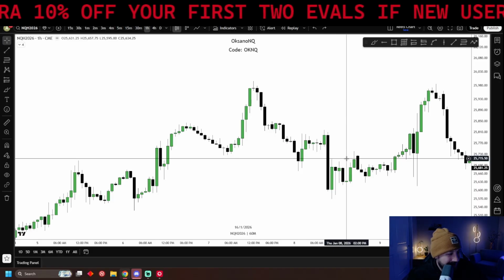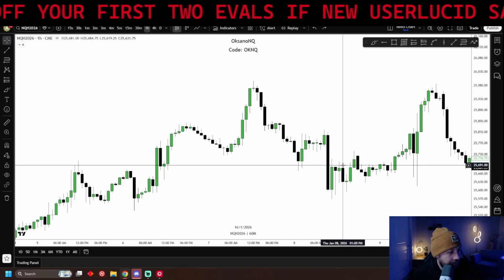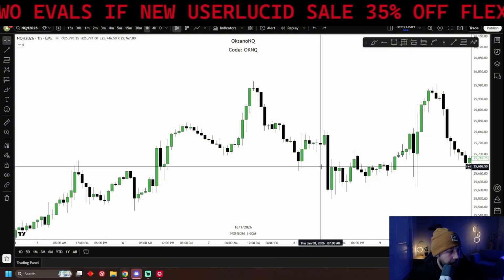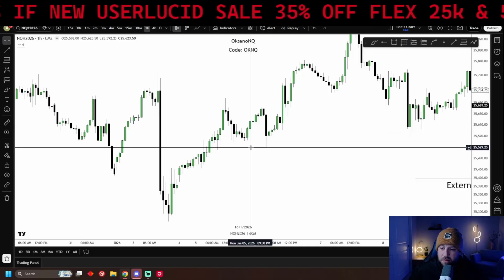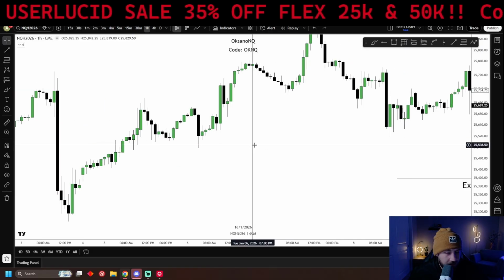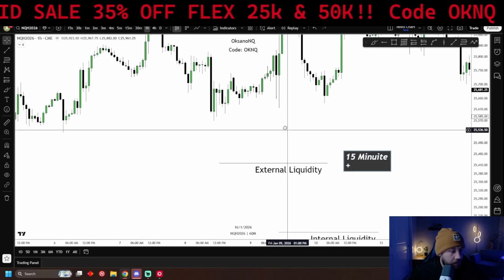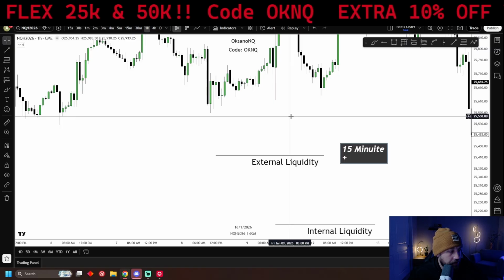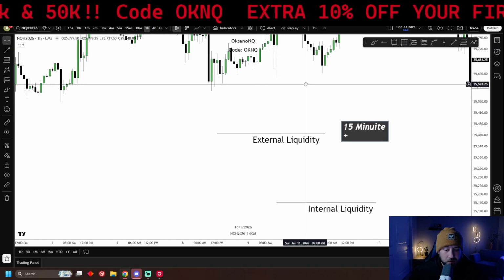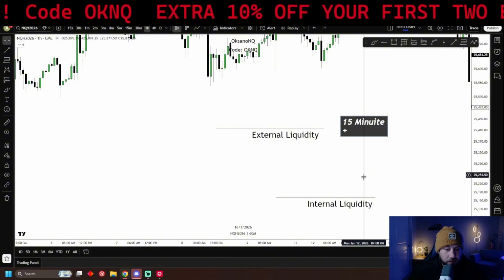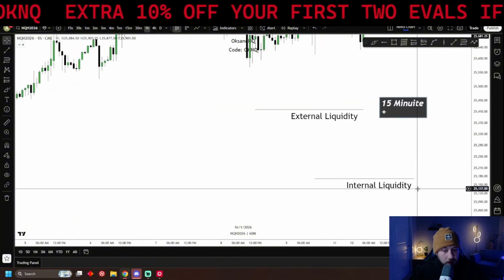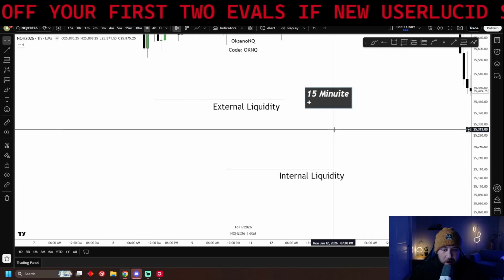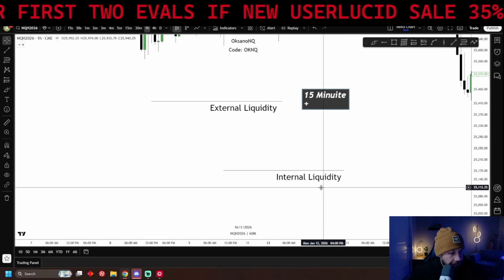let me think of this question. Lower time frame external liquidity is basically higher time frame internal liquidities. Bro, I'm stumped by that question actually. I guess I'm confused on that because I always see lower time frame as my internal. Maybe that's why. 15-minute, 5-minute or below will be my internal liquidity always.